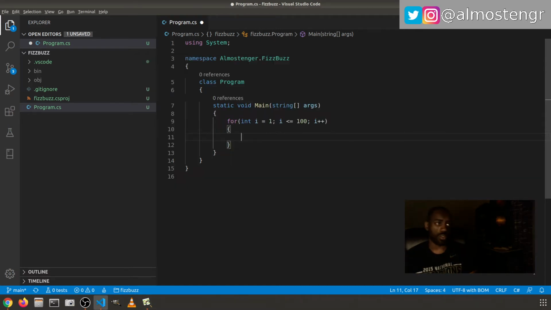So the way I'm going to do this is to create a string called output, and we'll set it to an empty string. And then if i is divisible by 3, then we will add to that string fizz. I know you're thinking, well, should you do an else if? No. So what I'm going to do is